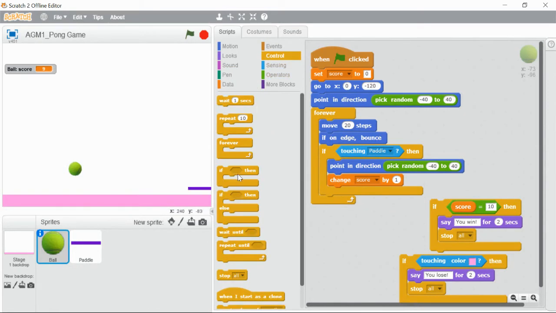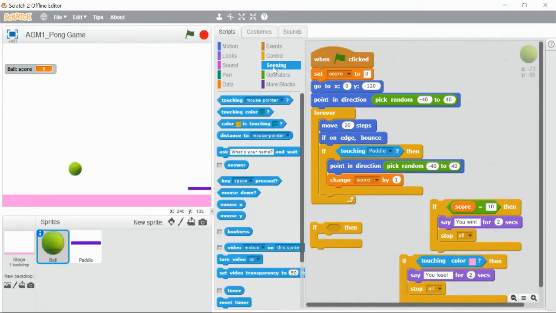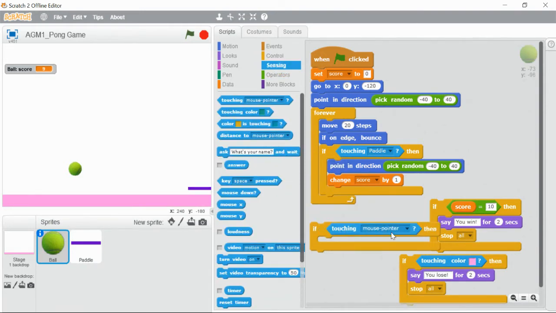So I go to Control again and I select if. That is another condition. I will select if I touch the ground, so I go to Sensing, right? So if I touch what? Okay, so this time round, there's a pink color at the bottom, so I select color. So if I touch color,